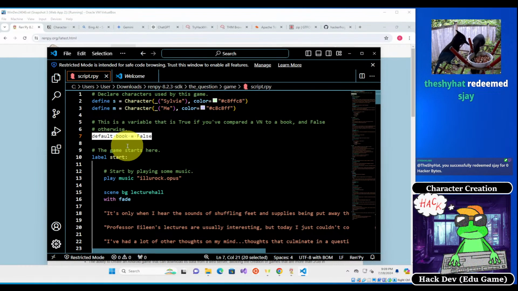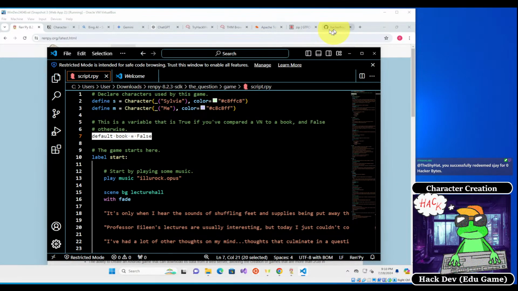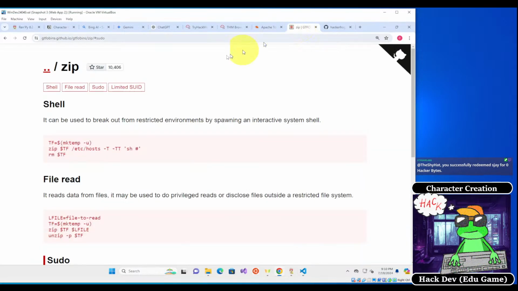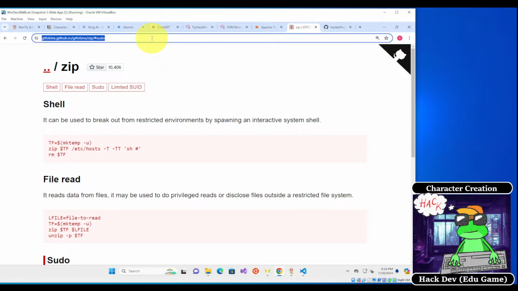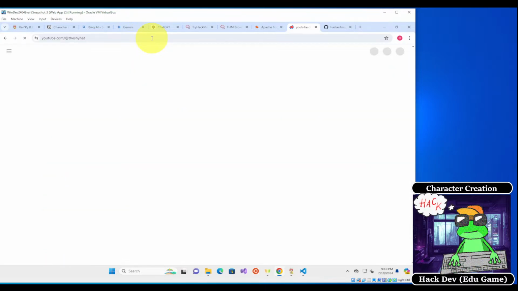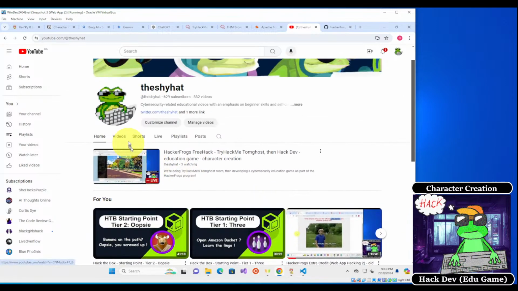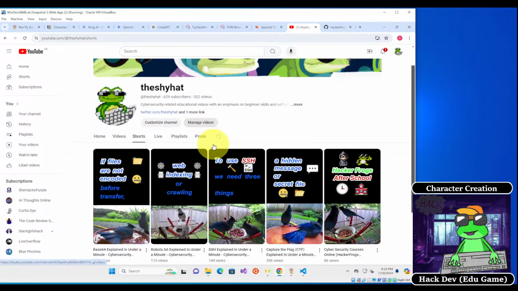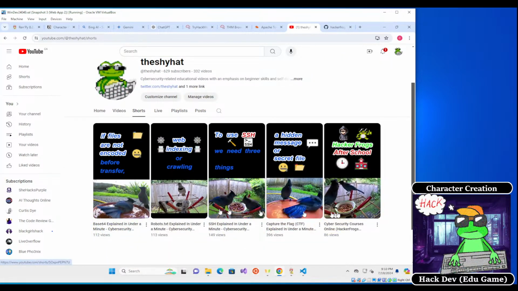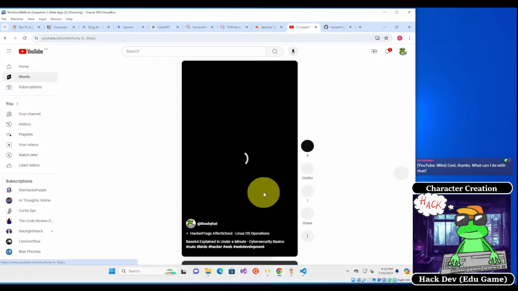So these are my favorite birds. Well, I mean, the northern flicker is also my favorite bird, but the Stellar Jays are my actual favorite bird. So let me show you what the Stellar Jays look like. Actually, if you go to YouTube at the Shy Hat, then you're going to see that there are some Stellar Jay videos on here as well. So if you go to the shorts, you'll see that some Stellar Jays are the stars of my shorts videos. So I put them on the bottom over here so that people can watch them while they take a look at the shorts content. So for example, over here,